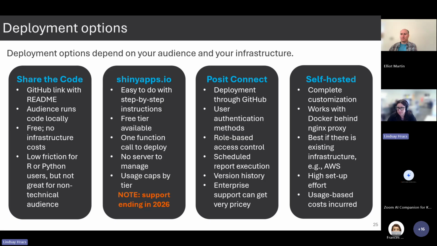You can also self-host. Complete customization is allowed this way. It works with Docker behind an Nginx proxy. Best if there's existing infrastructure, so you already have an AWS environment. So there are ways of hosting your own Shiny app, but this has a high setup initially, and then also